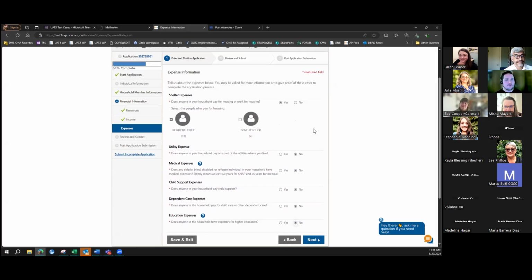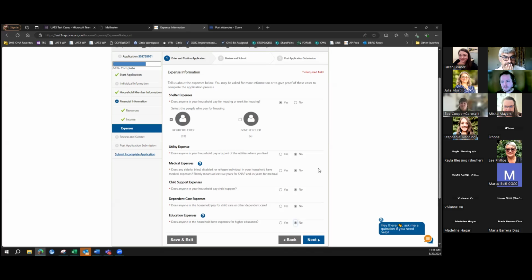Yeah, so if they have that available when they're submitting, we actually recently added a reminder in there to please add that. It makes it easier for our workers to determine what can be excluded, and it also will hopefully speed up the processing time so that we don't have to say, we need to verify this, please send us this. If they've already got it and have submitted it, hopefully it can be processed without any sort of delay in their benefits.